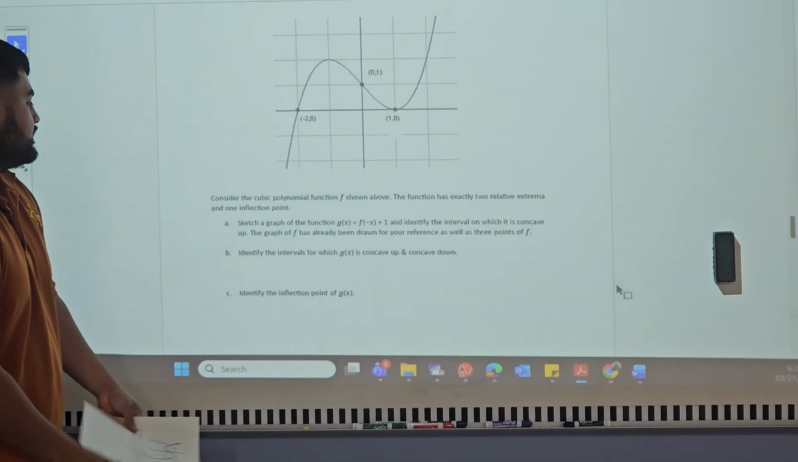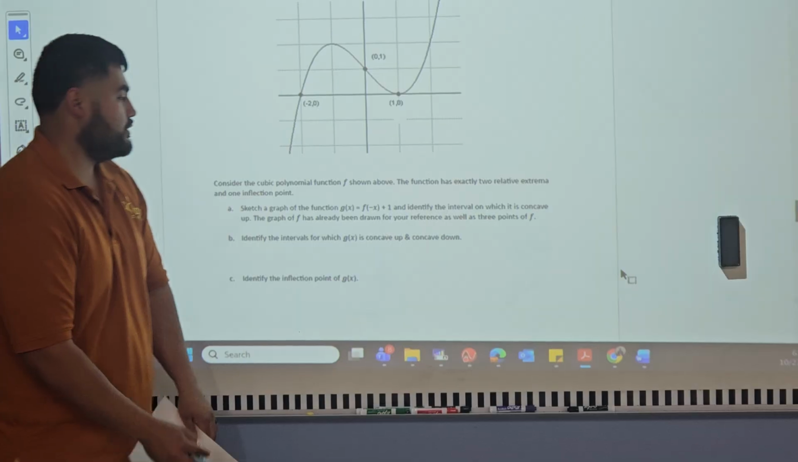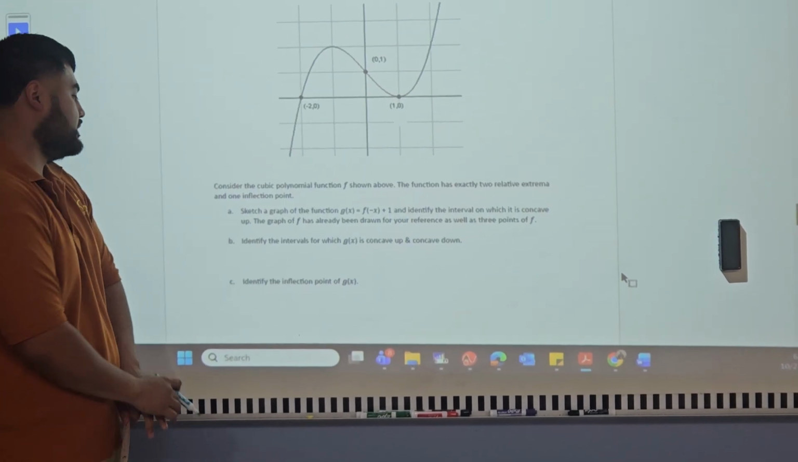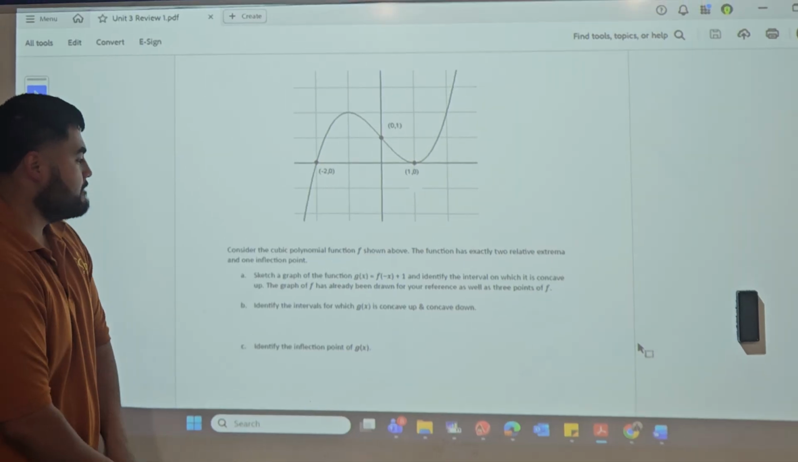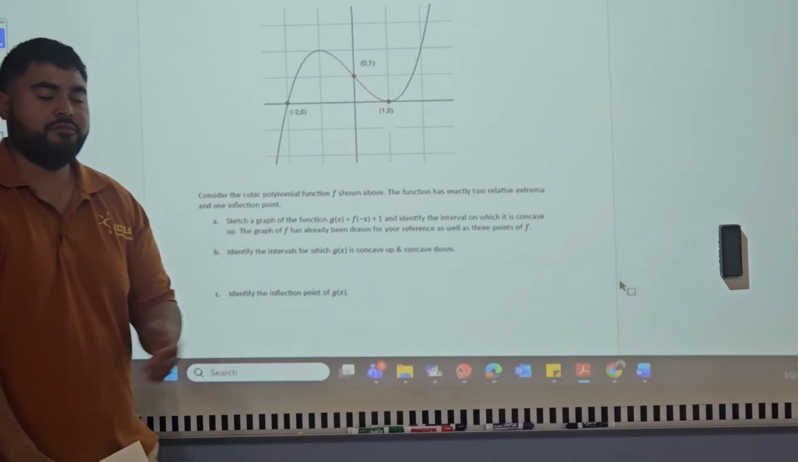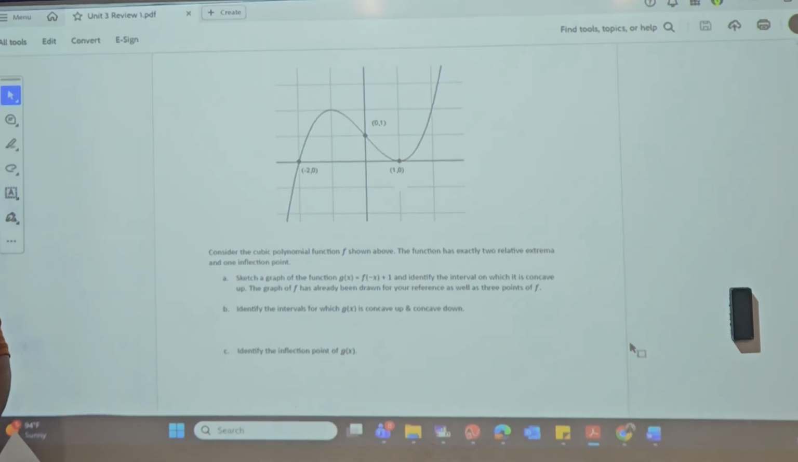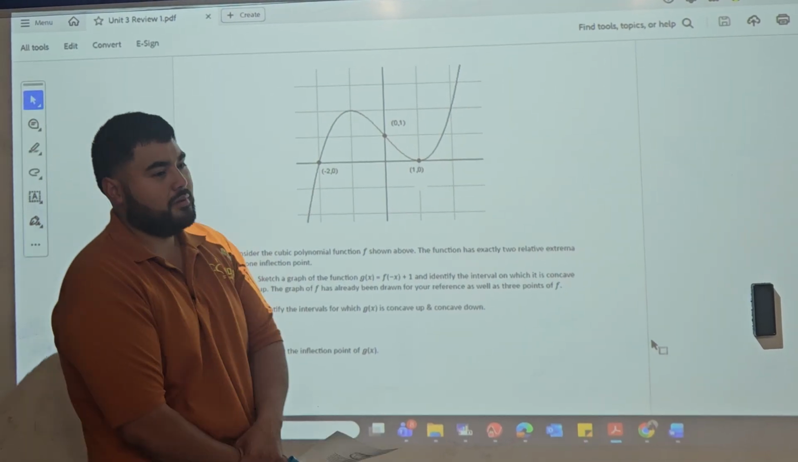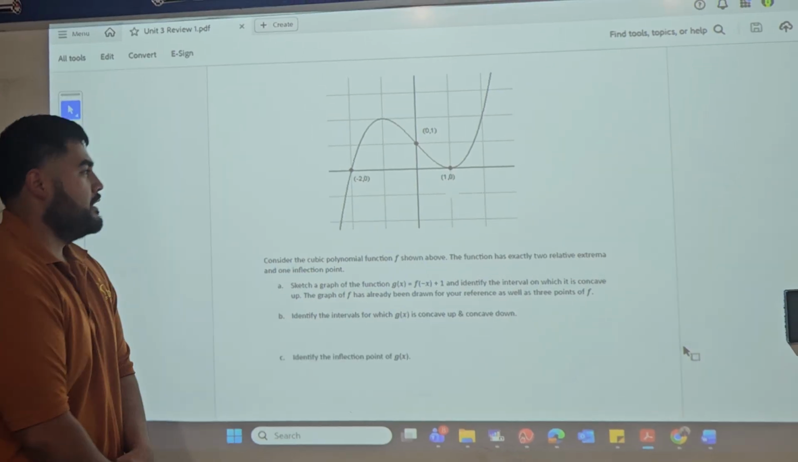Okay, it says here, consider the cubic polynomial function f shown above. The function has exactly 2 relative extremas and 1 inflection point, right? This used to be the second FRQ, but they took it away, they turned it into a multiple choice. So now,